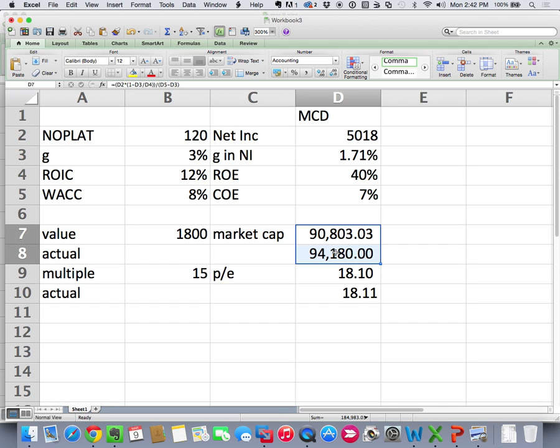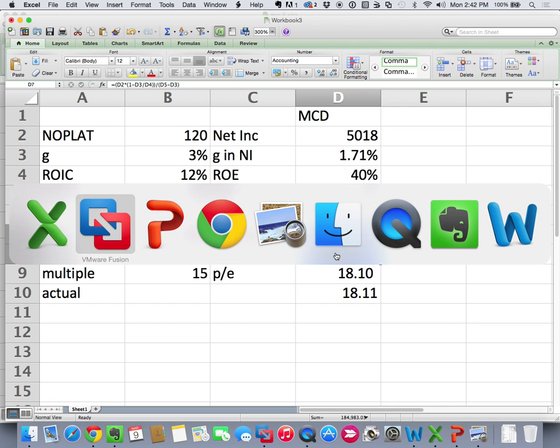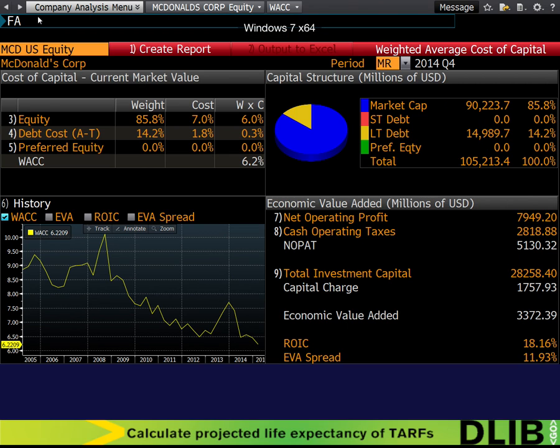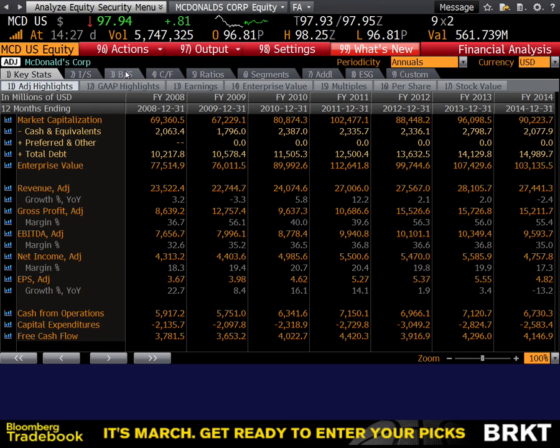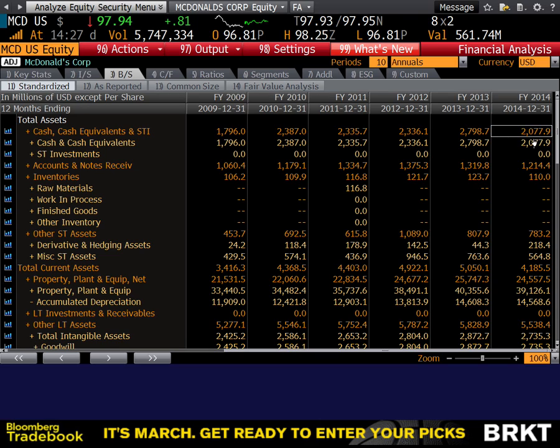3.3 billion? Excess cash. When we look at McDonald's on the FA screen and go look at their balance sheet, they have $4 billion worth of total cash. Take out some operating cash, and that's your difference. This is what I mean by distortions for non-operating assets, right? We could either solve for the exact value, but then we'll get a distorted PE, or if we look at the operating PE, then what we're missing is the non-operating asset. And so this is where if companies have different levels of cash, it will actually change their valuations.